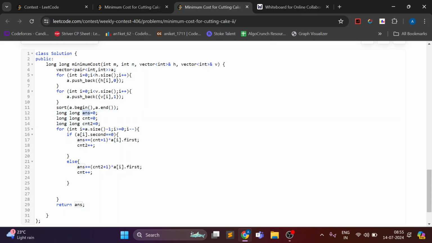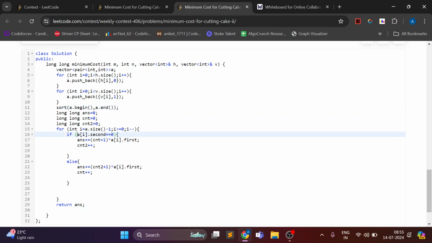One is my answer, so answer is my final cost. CNT is the number of vertical cuts which I have made before this operation, and CNT2 is the number of horizontal cuts before this operation. So now I'm starting iteration from the last element of A, so the highest cost,